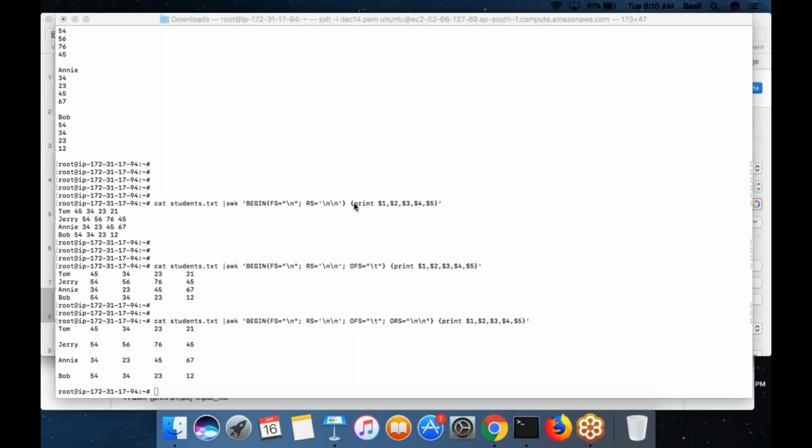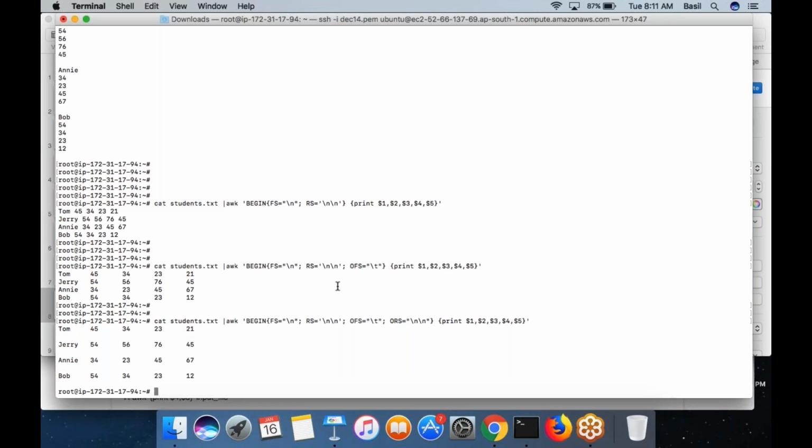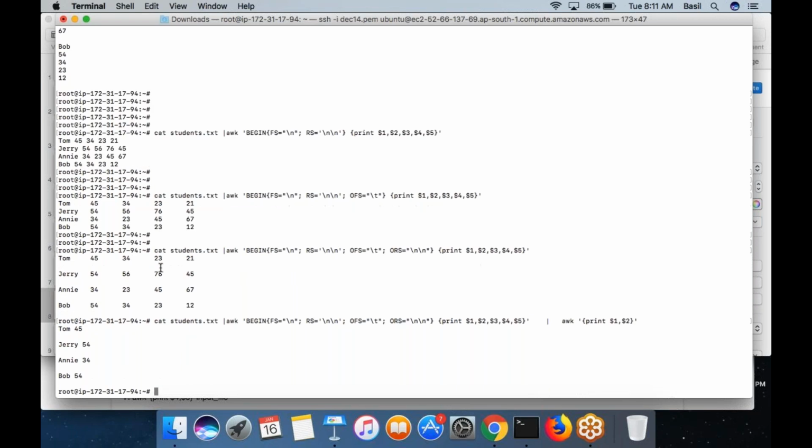If you have to execute multiple awk commands, let's say I have this output now, and I want to run another awk command. What I can do, at the end of this command, is put another pipe symbol, then start your next awk command. Let's say I want to print only $1 and $2. I want to know only the first mark of the students. I can put print $1, $2.